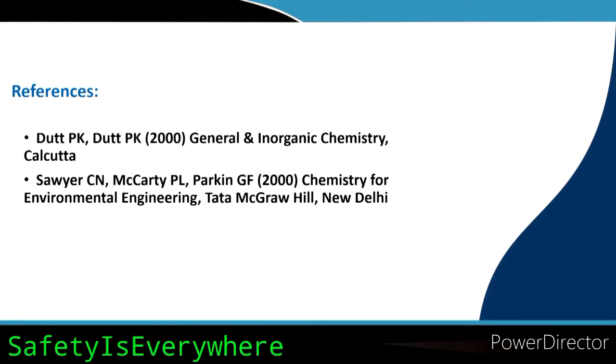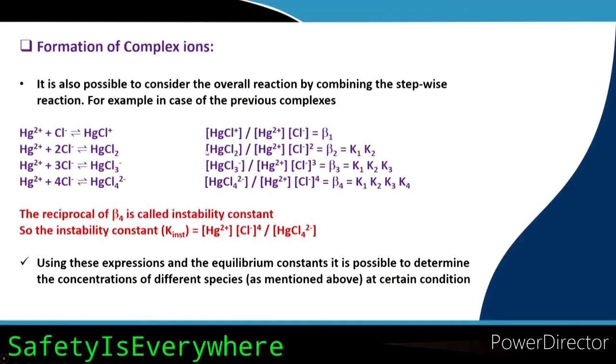As I told in the previous slide, using these expressions and equilibrium constant values, you can determine the different species. There is a very nice example there. You can solve it by yourself, because you know the concept now, and finally you can see whether you have done it correctly or not. If you can do it correctly without seeing the solved problem in the book, then I will know that you have understood what is explained here. So, please try that.